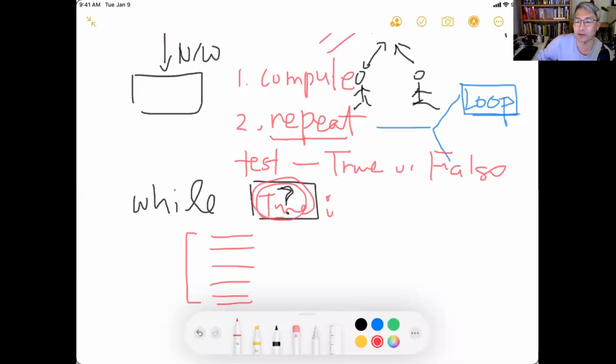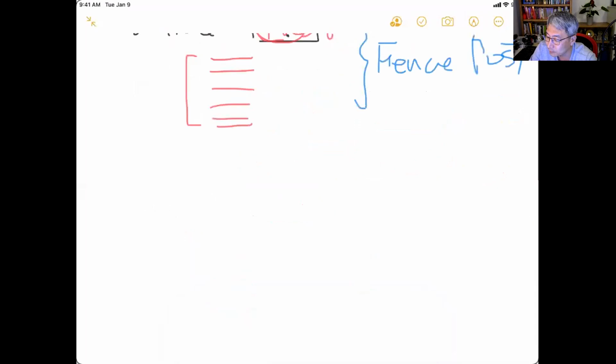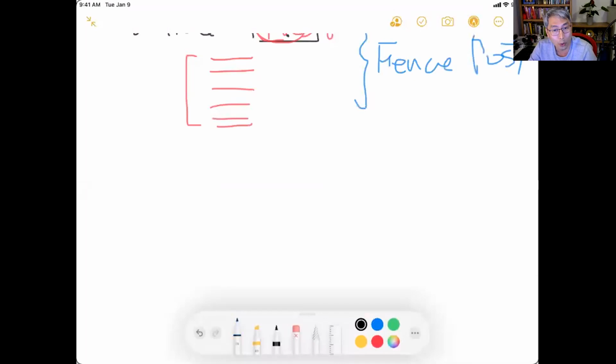So we used the while loop last time. Then we realized that there is sometimes a problem called the fencepost problem. What is a fencepost problem? For example, in the guessing number program we implemented last time, how can we guess? We guess the number, then say low or high.